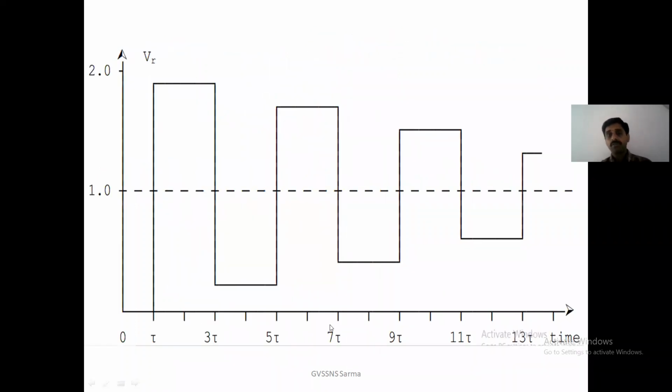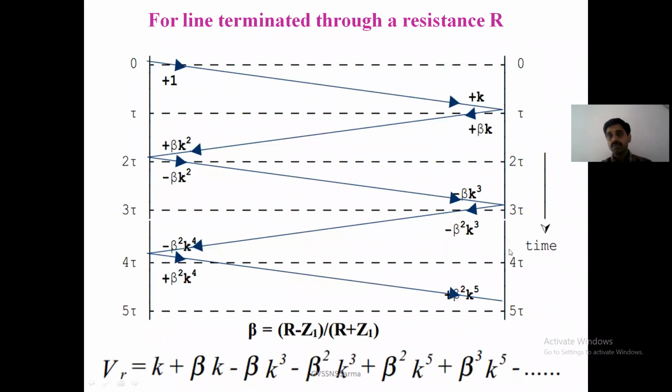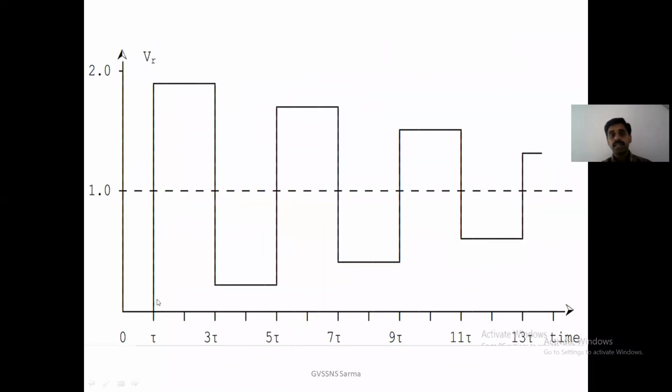So from the previous picture, t, 2t, 3t, 4t, 5t, what is the value at t? What is the value at 2t, 3t? If you observe, it is increasing, again decreasing, increasing. You can observe that it can be pictured like this. At t it is increasing, again at 3t decreasing, again at 5t increasing, plus minus, like that the wave is reaching near to 1. That means the wave is experiencing the reflection, and you can observe it from this graph at different instants.